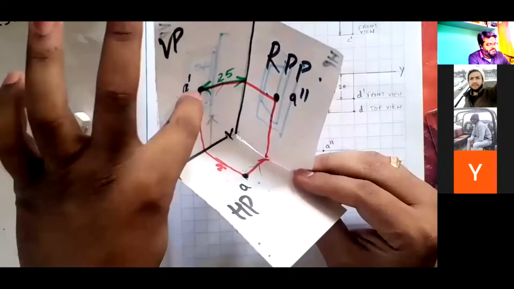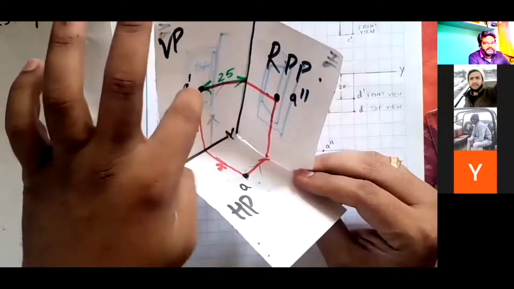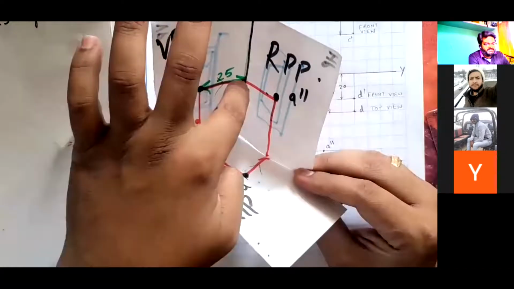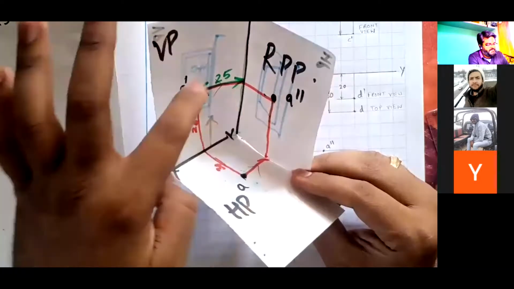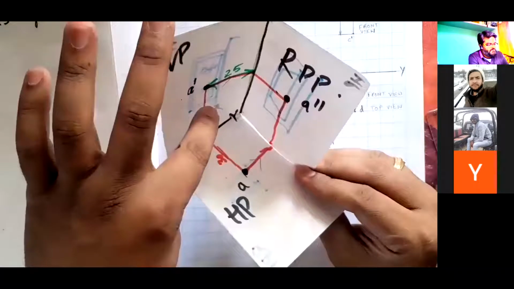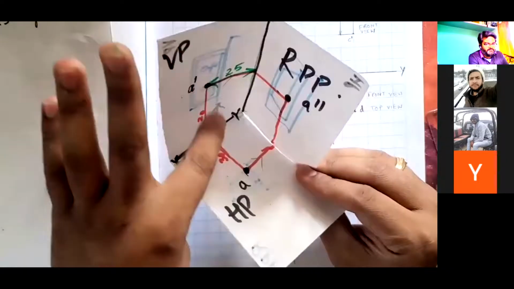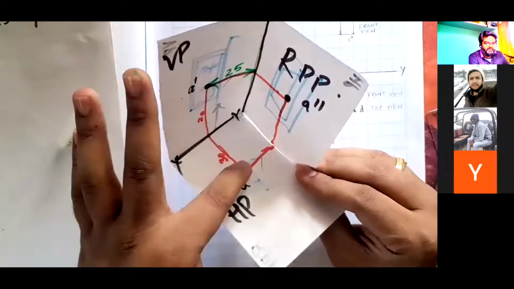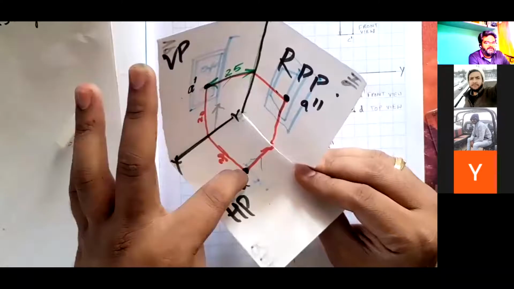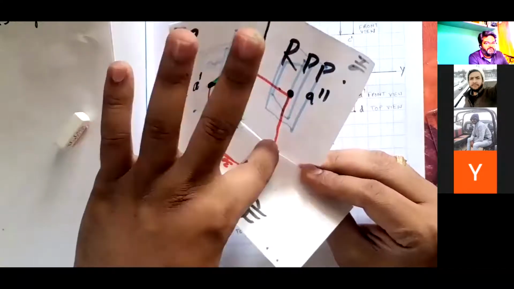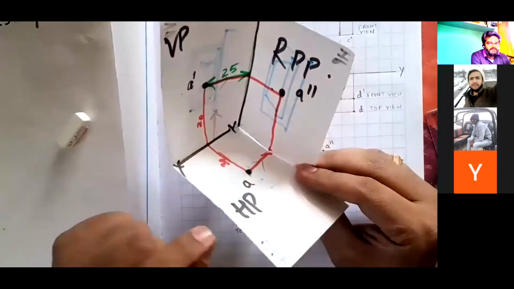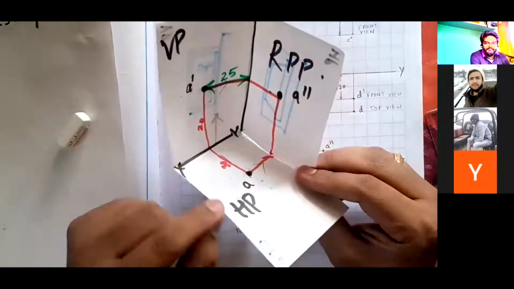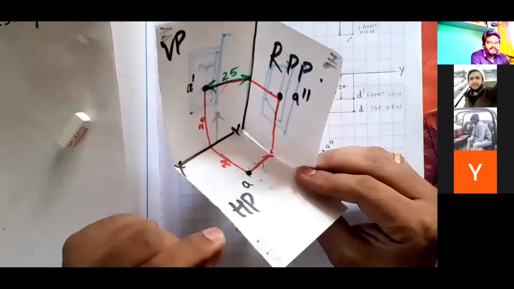If you draw a straight line to this wall and extend it to the right side wall, it will be at the same location. Similarly, if you draw a straight projector from here, A dash, to the XY line to the horizontal plane, the top view, and similarly from the top view, if I extend it to the next wall, it will lie on the same line for the same point. For the same point, three different views: one, two, three. So this is a three-dimensional concept.